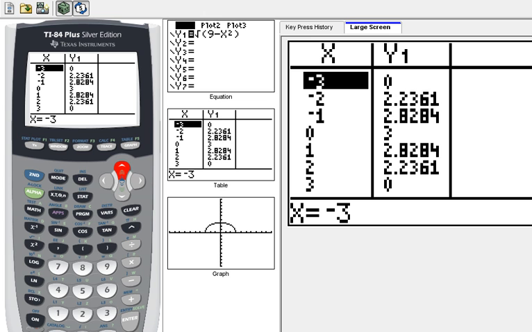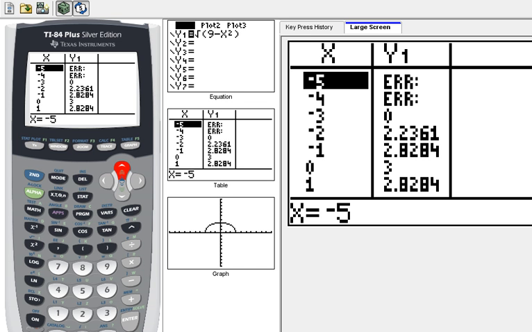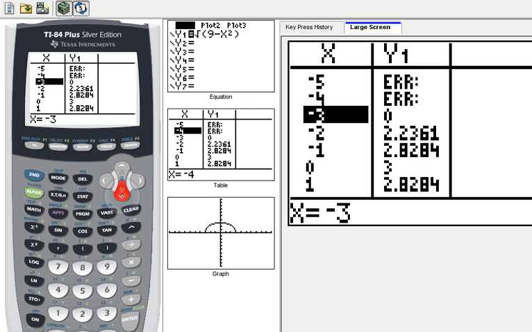Notice that it is pretty symmetric. So I can plot the points (0, 3), (1, 2.83), (2, 2.24), (3, 0). I can plot these points right here. Again, it's undefined for x values that are negative 4 and smaller. Then if we go look at the graph,